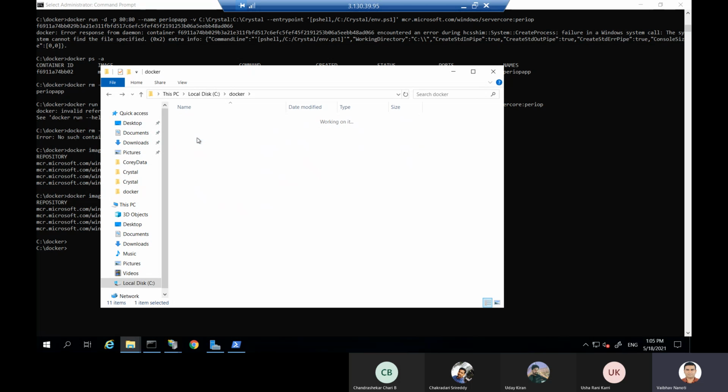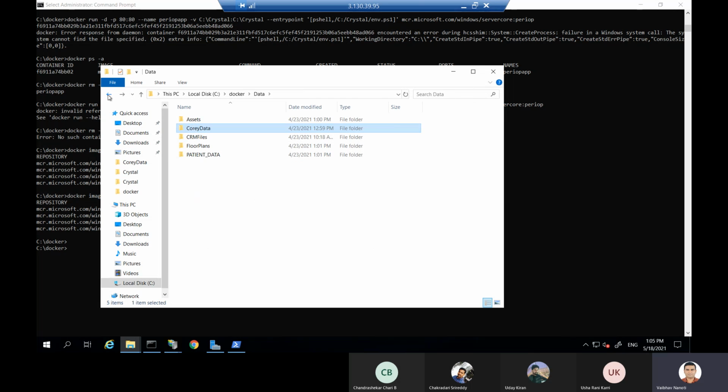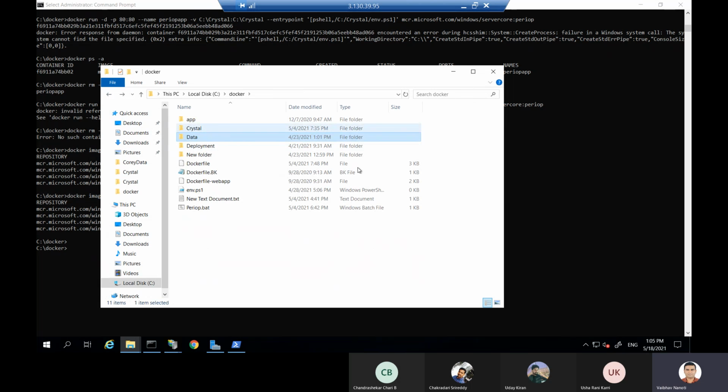Smita suggested that we also require one data folder in which some data subfolders are mandatory. For example, here are some files and some images, which are going to be available specifically for browsing the content. So these types of folders and files are required to configure the environment the first time. That's why I copied them again from the QA server. These two folders I copied and kept in my C Docker folder.